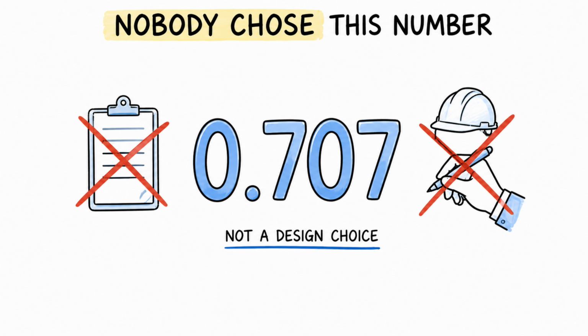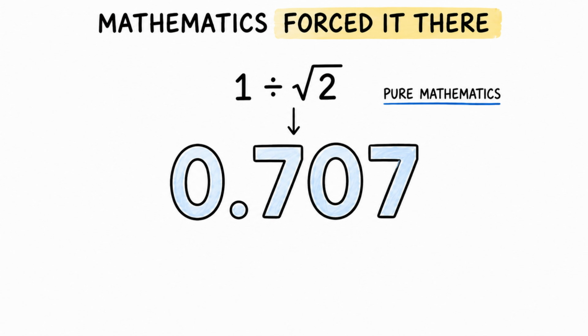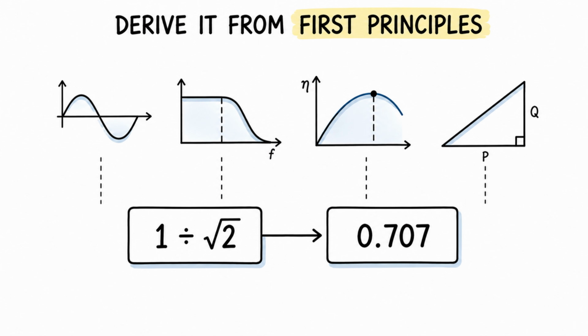Nobody chose this number. No committee decided to use it. No engineer put it there deliberately. The number forced itself into all of these completely different formulas through mathematics alone. The number is 0.707, and in this video we are going to derive exactly how this number enters each formula